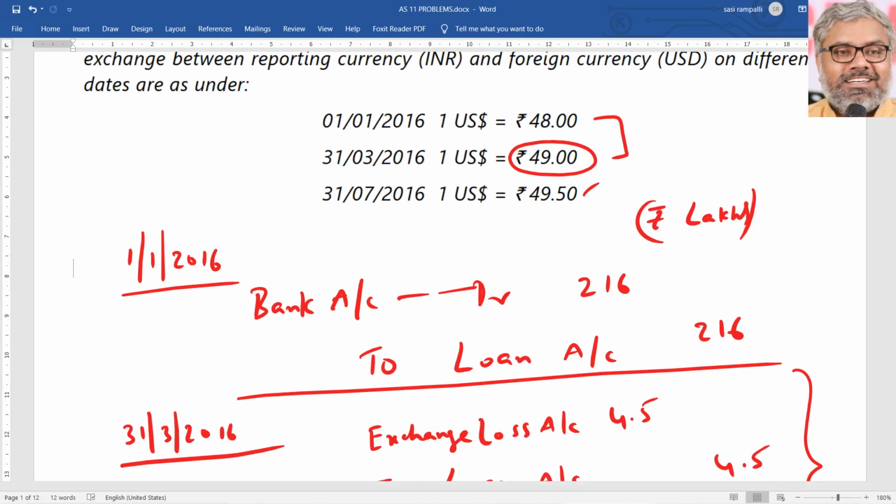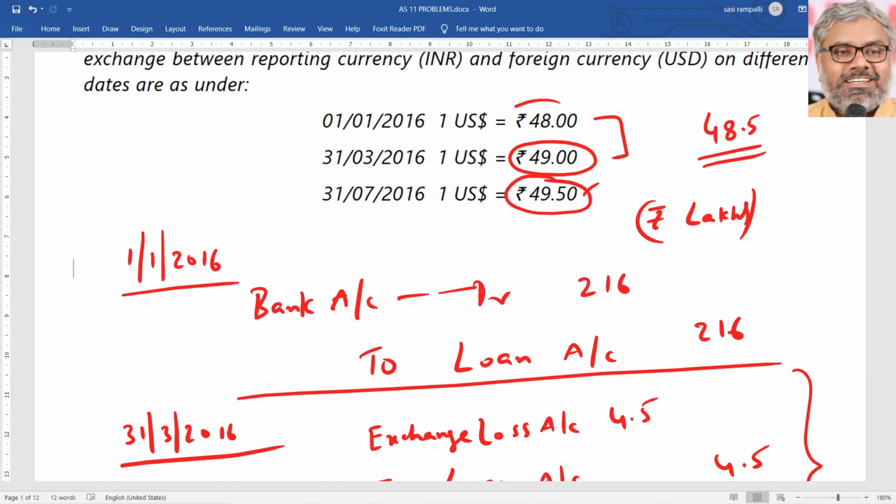Okay, just for understanding purposes, let us say what would have happened later between April and July. The rate, instead of becoming 49.5, let us say it has become 48.5. Then what happens? Then we have to recognize a gain there, because we already recognized a loss of 4.5 lakhs which was unrealized. Out of that, really how much loss has come up? Only 2.25. That means the remaining 2.25 lakhs profit has to be recognized in that case during the financial year 16-17. But settlement ultimately will be done at 49.5 only.